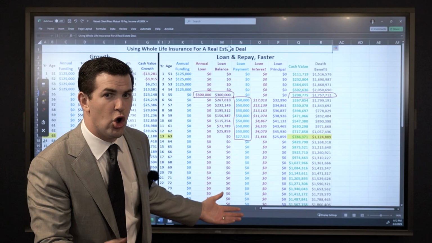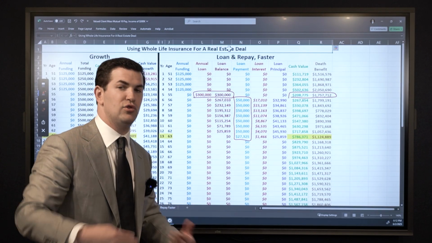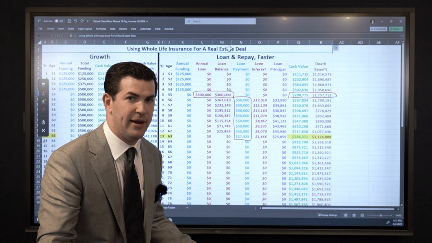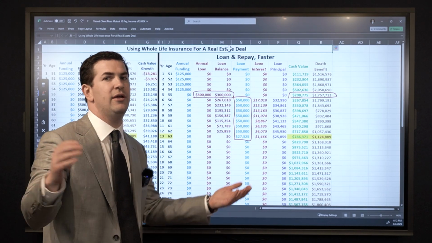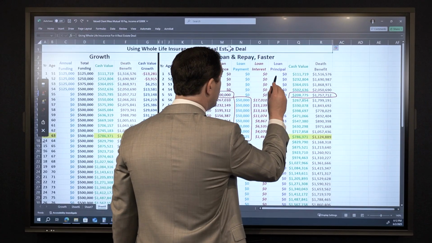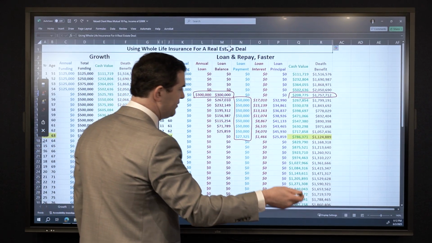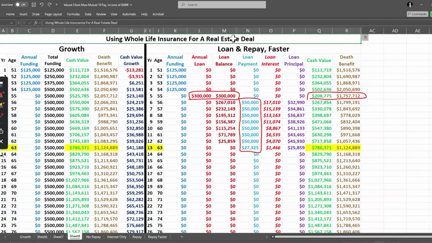That's why I like to show the no payment model, because it shows never paying anything. So some years I might pay nothing, other years I might pay a lot, other years I might pay interest only. It's flexible. You're in control. The insurance company is not giving you a schedule saying you must pay it back at this certain pace or by this certain time. So $50K per year, you can see how much is going toward interest and how much